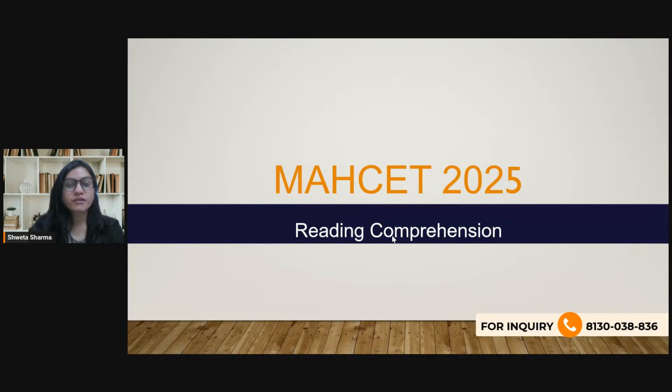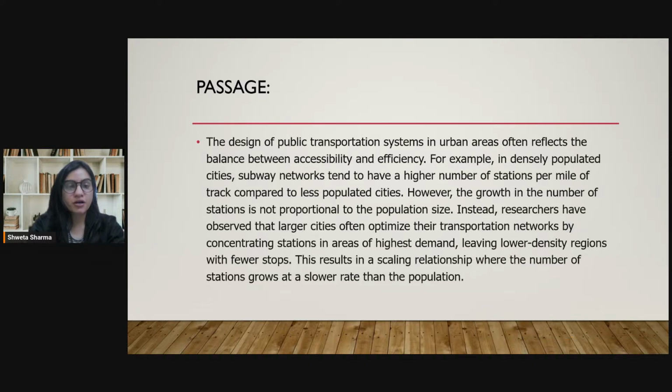So, we are on with another session on reading comprehension for MA at CT, and we'll be practicing some social science passages today. Let me bring down a good passage for you. This is the first paragraph we have. Please have a look at the paragraph. There are just three paragraphs to it. Once you're done with this one, I'll take you to the next slide. Giving you 20 seconds, quickly go through the paragraph and then we discuss what is there in the passage.